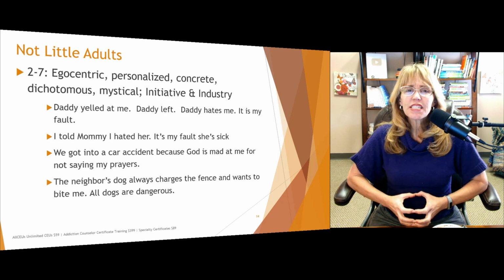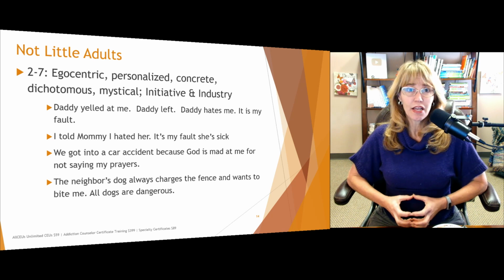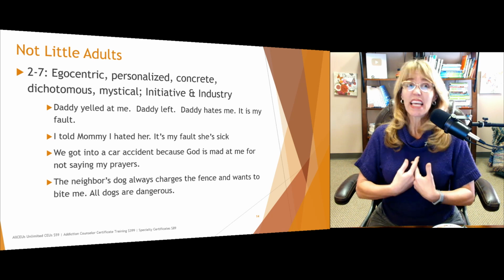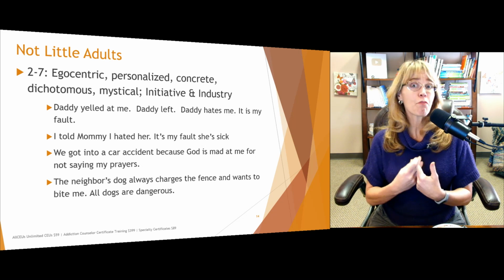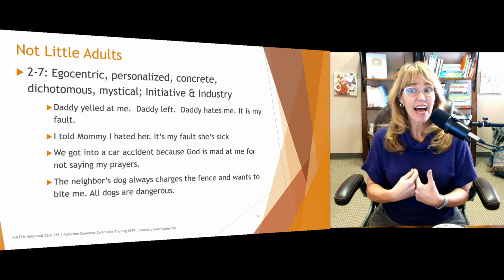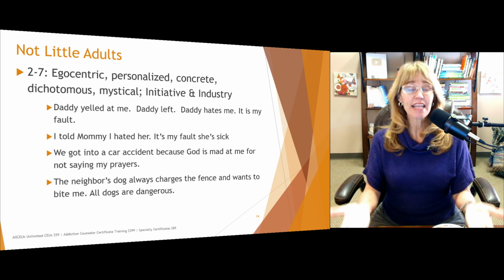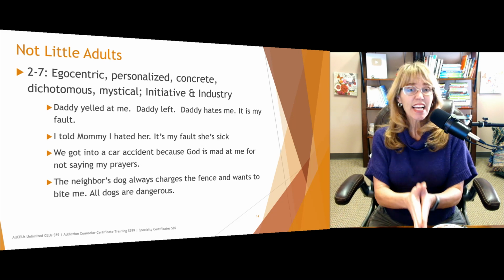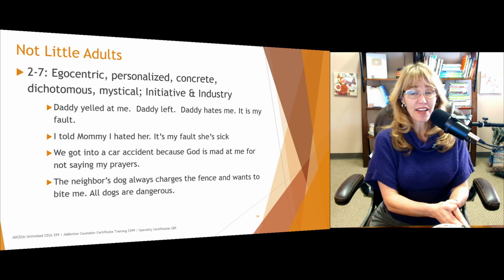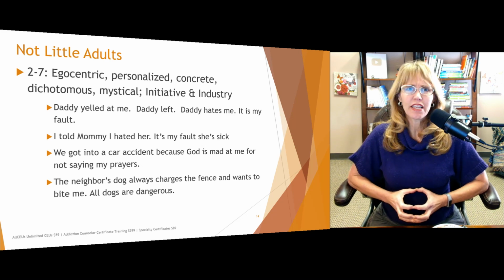At the age of 2 to 7, they're still not little adults. They think egocentrically. What I think is going on is what everybody thinks is going on. Personalized, it's my fault, or I did that. Concrete, what I see in front of me has to be what's going on. There are no other explanations. Dichotomous means all or nothing. And mystical,